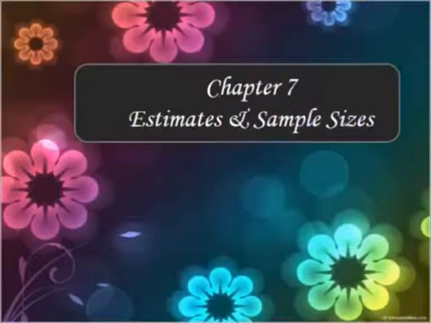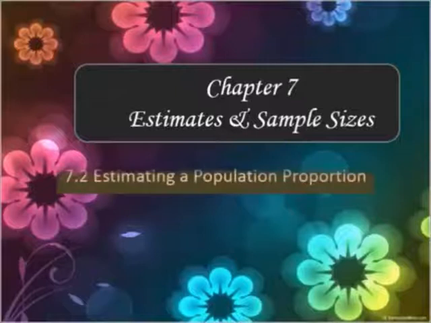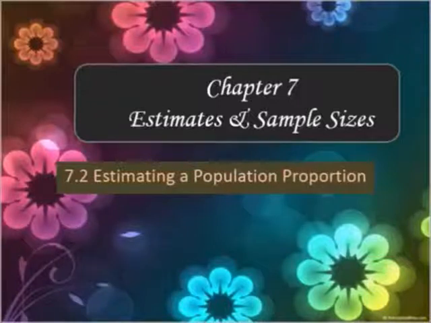Chapter 7, Estimates and Sample Sizes. In 7.2, we're going to be looking at estimating a population proportion. So for example, if I wanted to know the proportion of people who like dogs in the US, that is the number of people who like dogs divided by the total number of people in the US, would give me the proportion. I could take a smaller sample, look at the proportion of people in that sample who like dogs,